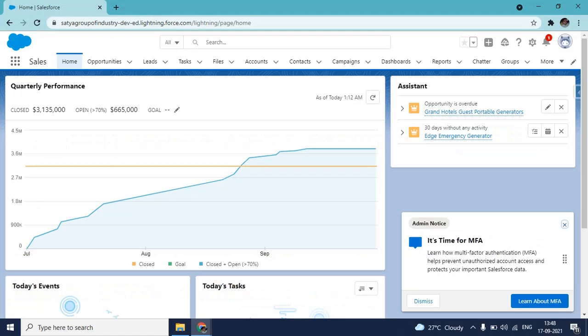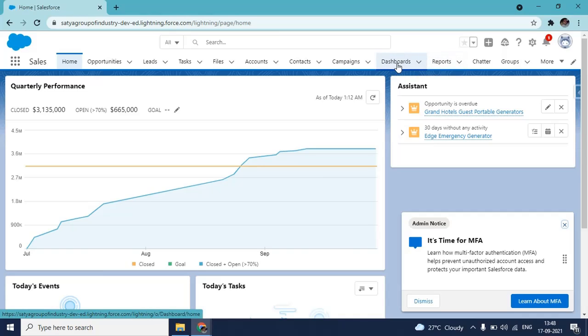So now we will practice live, or we will have hands-on experience with our Salesforce developer org. Now you have to log in with your Salesforce developer org, and after login you can see the developer org. First you need to understand what this is. You can see home, opportunity, lead, task, these are all tabs which are created on an object.